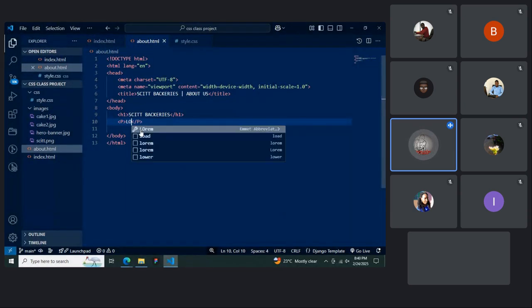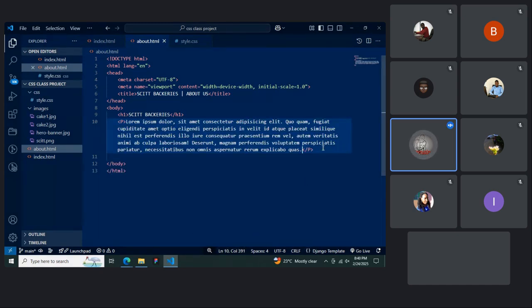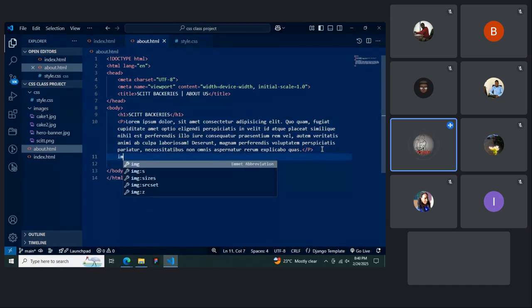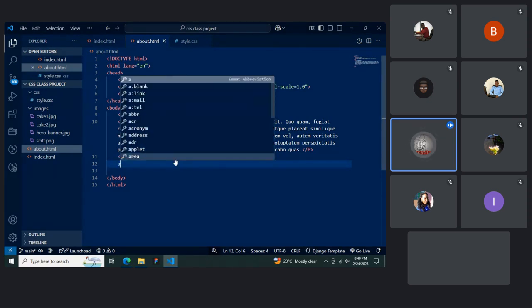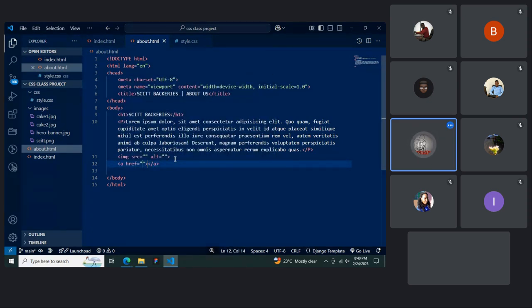So we can add, I want to add 50 words. So we can maybe have an image over here. For now, I'll just leave it empty. We can have an anchor tag, which is used to create links. We can have a list of items. So for now, let me just use this to explain how